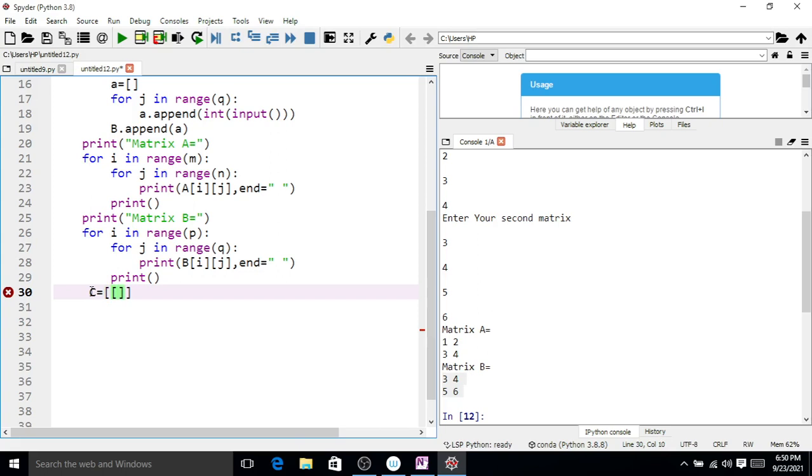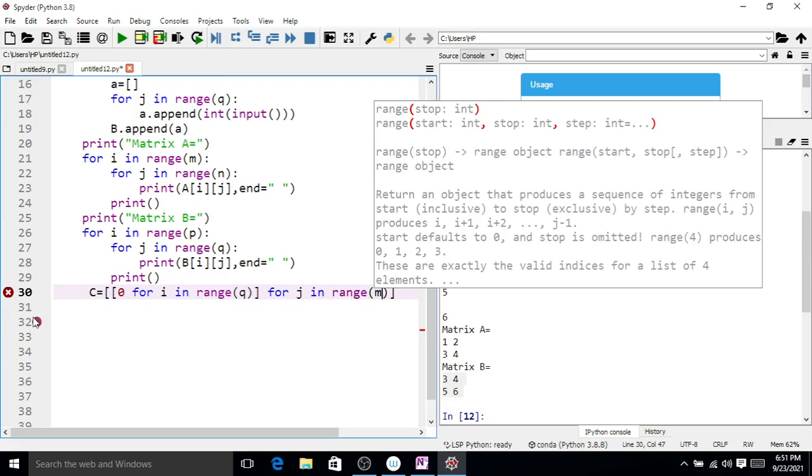So again, for 0 for i in range q, and similarly we want to create C for j in range m.